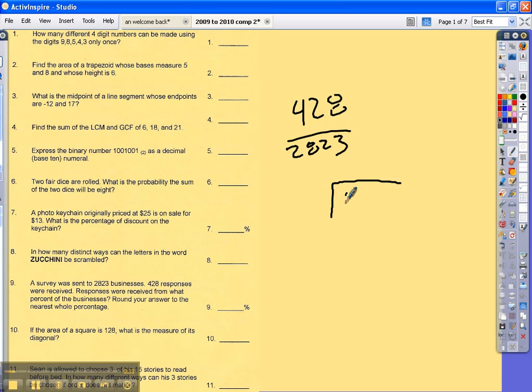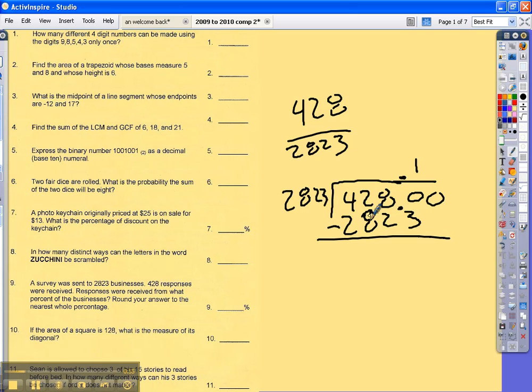So to set that up, it'd be 428 point, put the point here, 002823. So how many times does 2,823 go into 4,000? So it's 1. Just trying to prove it's really not that hard to divide here. Carry, so it's 7, drop the 0. So 7 minus 2 is 5, borrow over here. So you have 12 minus 8 is 4. So then how many times does